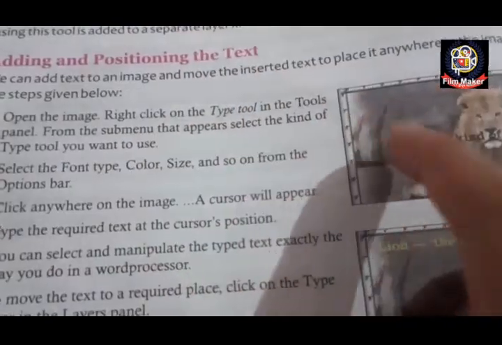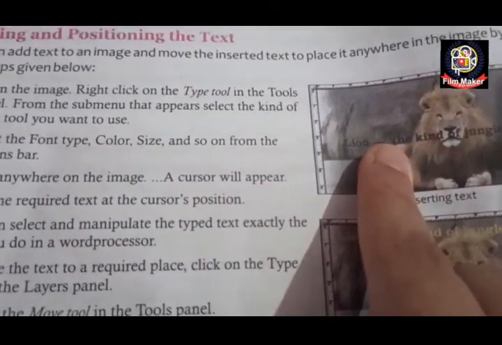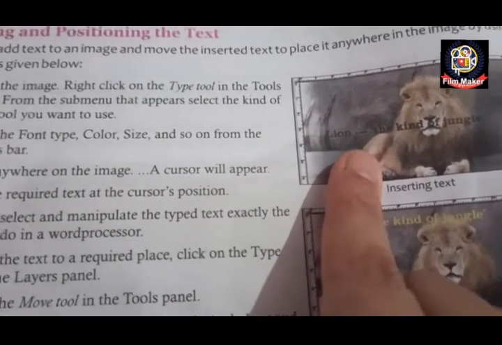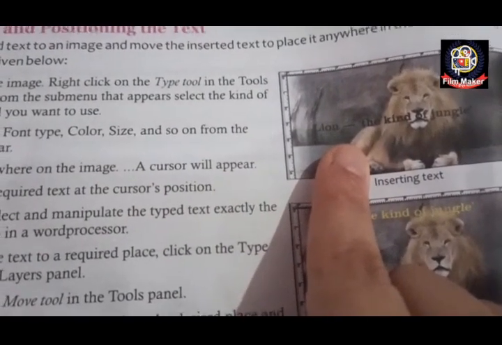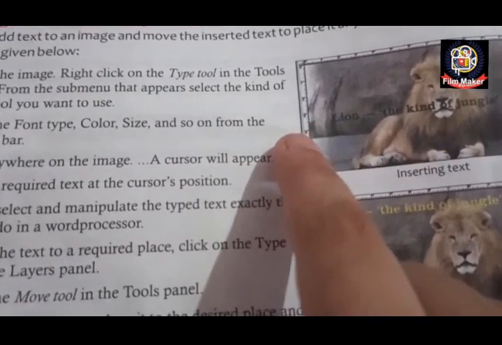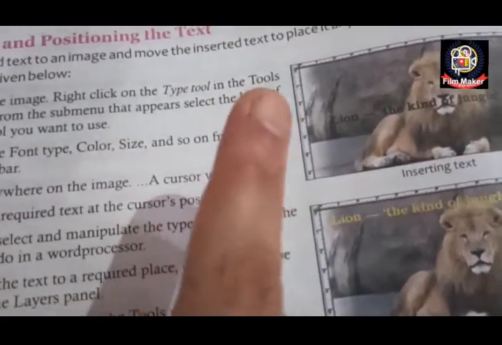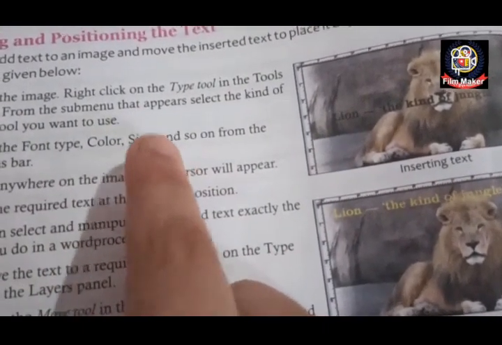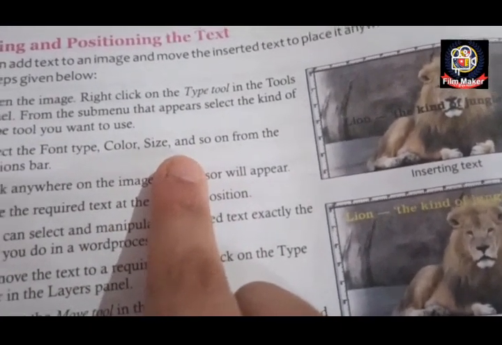If you want to write, you can select the font type. Font type means, as you all know about the font type in MS Word, like Times New Roman, Calibri, right? So the same options you are getting in the type tool also. The font type, font color also you can select. Apart from black, so many colors are there, you can select. You can set the font size as well.